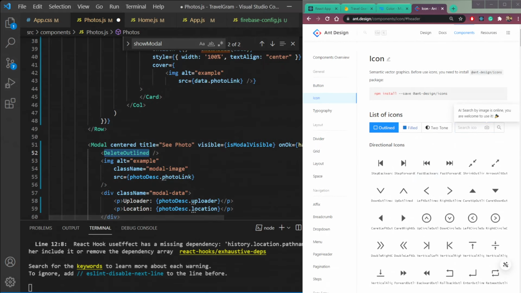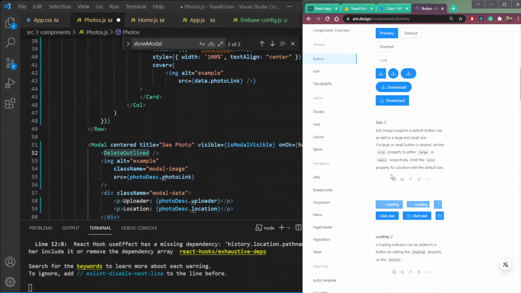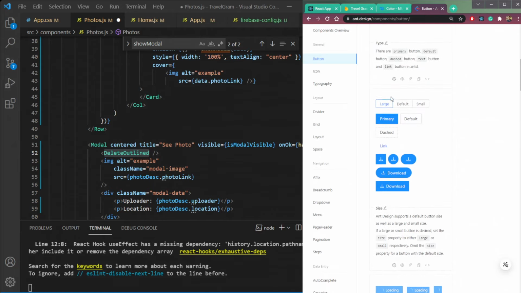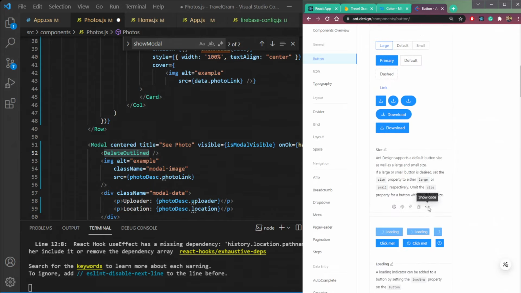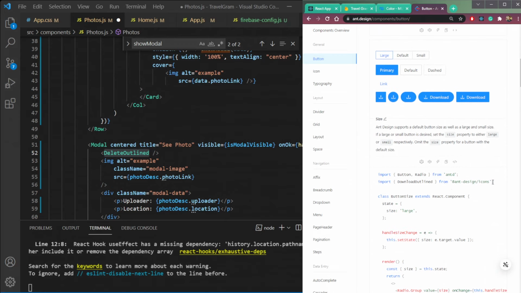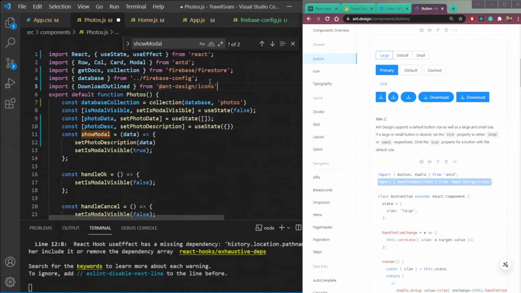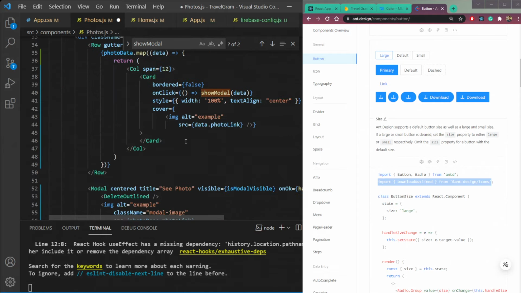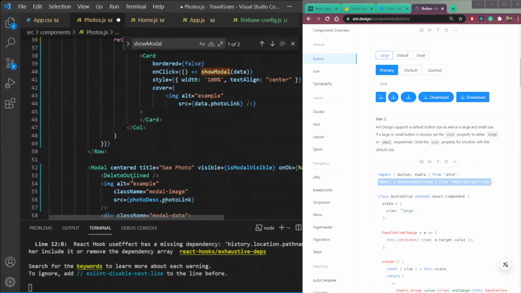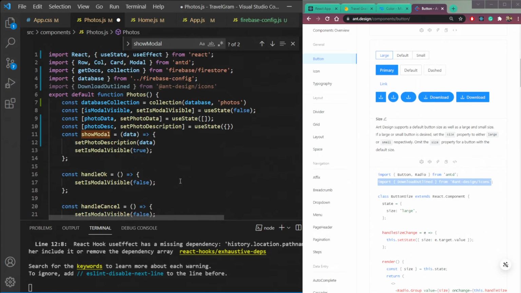Delete outlined. Let's try a button. It should have some icon here. So this is the icon button. Fine. Okay, this is the import we need here. So just import it at the top and just change the icon name. So in our case, the icon name is this delete outlined. So put it here and then save.